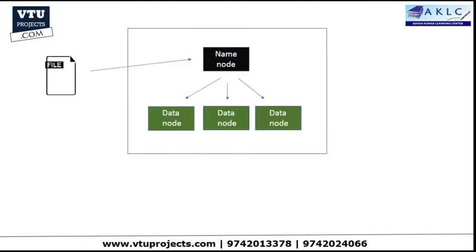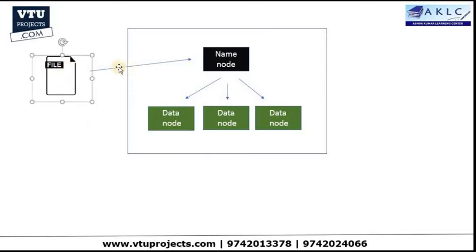So this diagram will summarize the working of Hadoop. If you can see the input data, Hadoop will contain basically two things, a name node and data nodes. The name node will be only one in number, and there may be n number of data nodes. You will understand in detail what a name node and data node are in the later project classes. But as of now, what you need to understand with respect to the working of Hadoop,